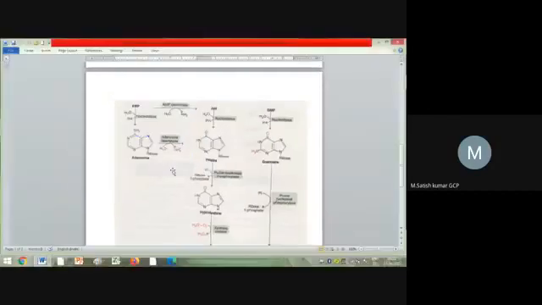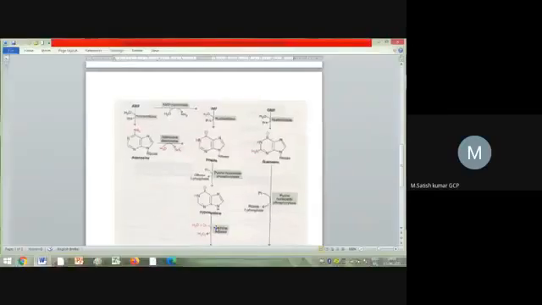Okay, so what is the difference between adenosine and inosine? Both have the same components, but adenosine has an extra amine group, which inosine doesn't have, right? And the remaining pathway will be the same. The ribose sugar will be detached and oxidation will occur, finally forming uric acid. The same pathway will continue, but the initial two steps will be different.